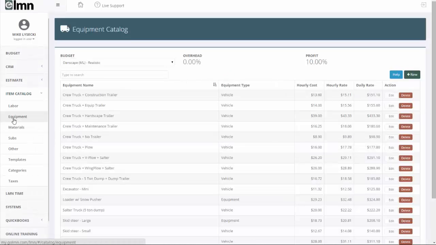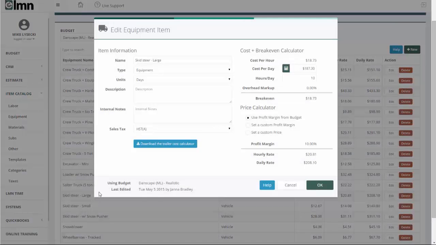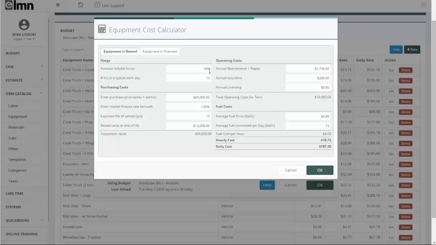You're also going to want to set up an equipment catalog. And the equipment catalog has a list of all the equipment that may go out to jobs. And again, just like the labor, each piece of equipment has a screen that then works out its costs. So based on how much you use the equipment, what you pay to buy it, how long you keep it,